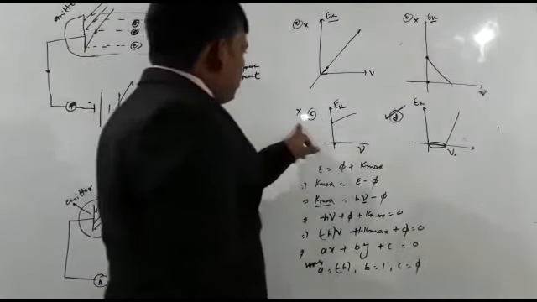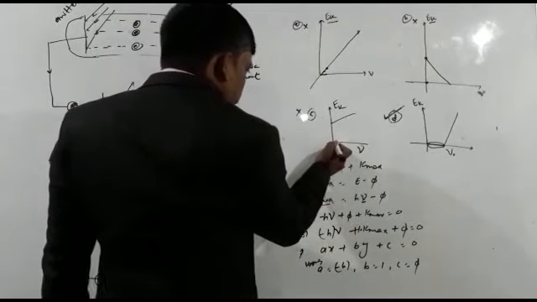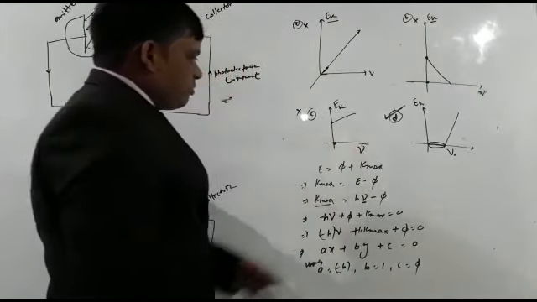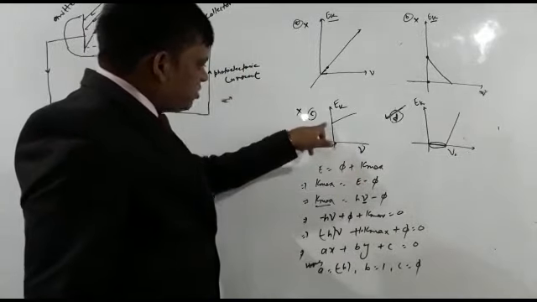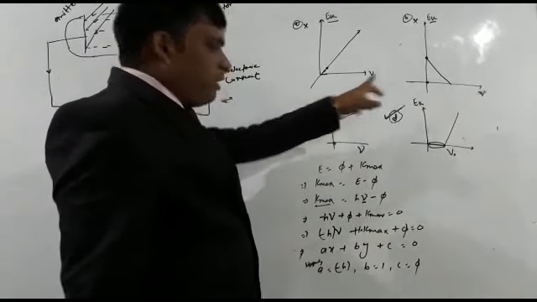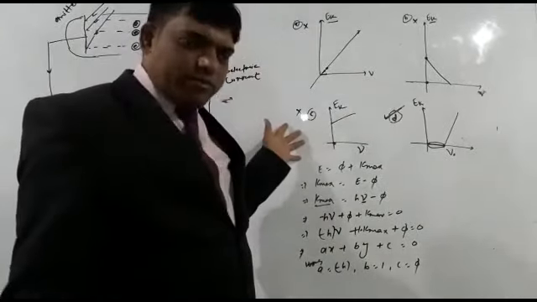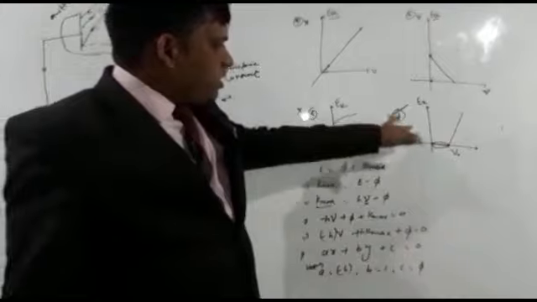Now for option C, we can check again. Again you can see that there is 0 value of the frequency of the radiation falling on the emitter, but still there is some value of the maximum kinetic energy of the photoelectrons. So it is also not possible. Therefore option D is correct.